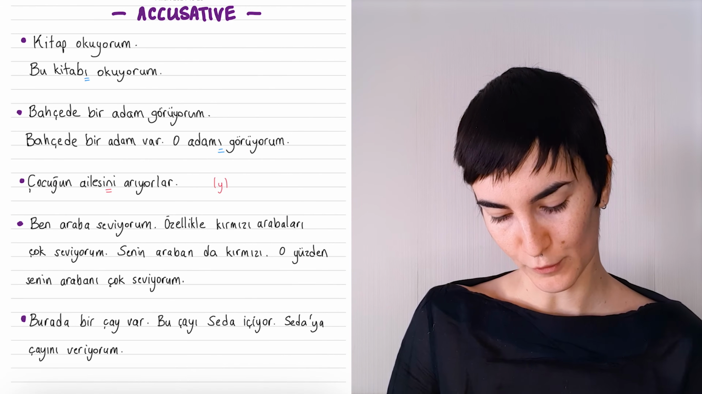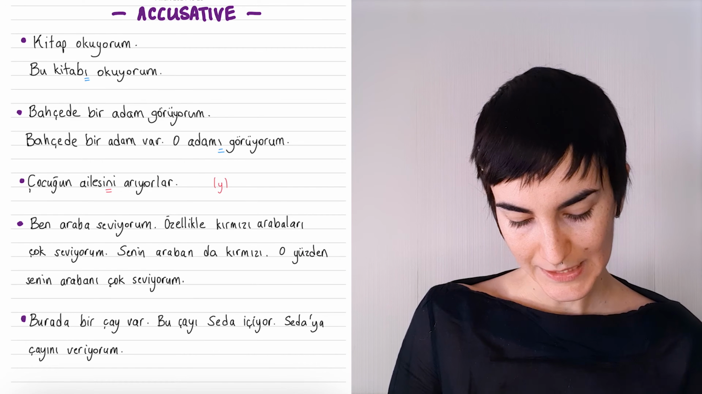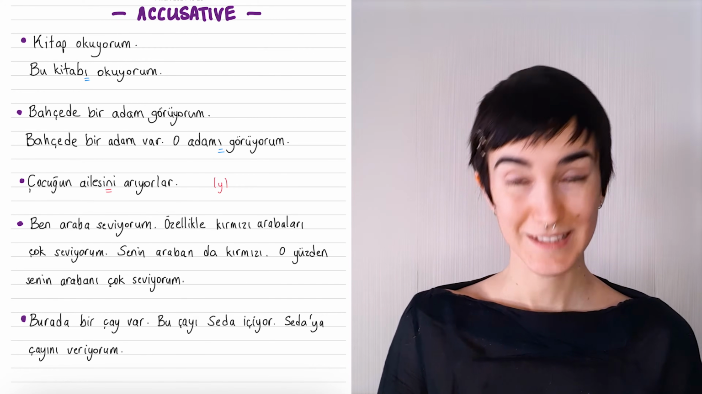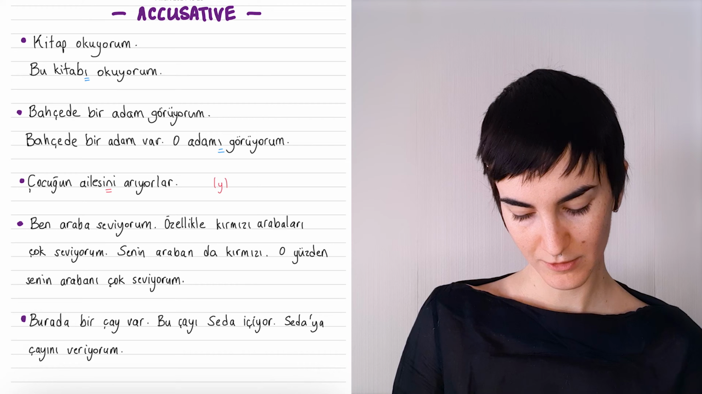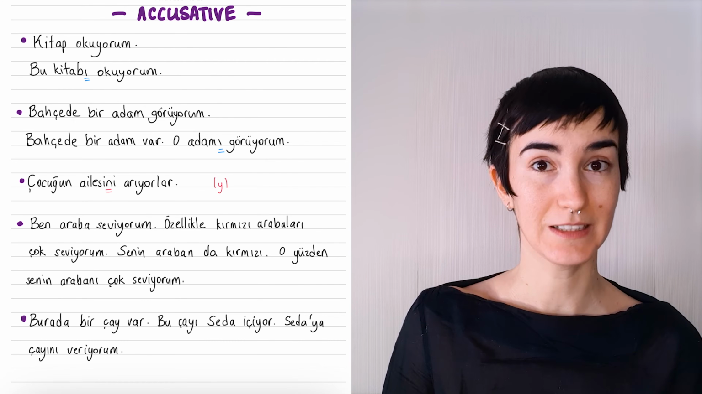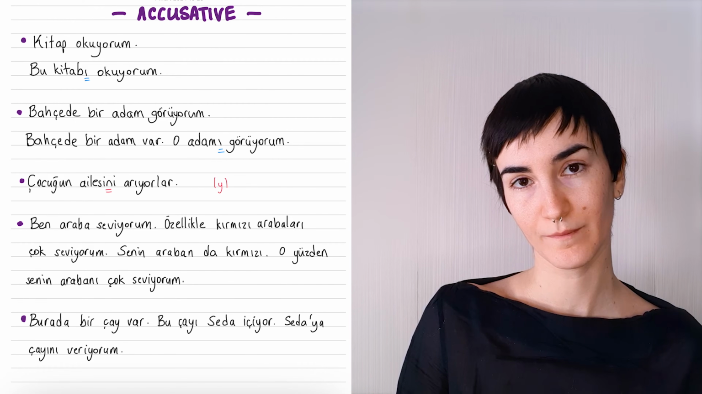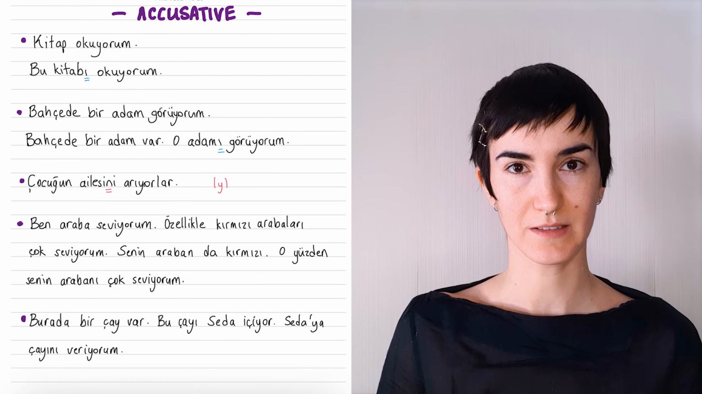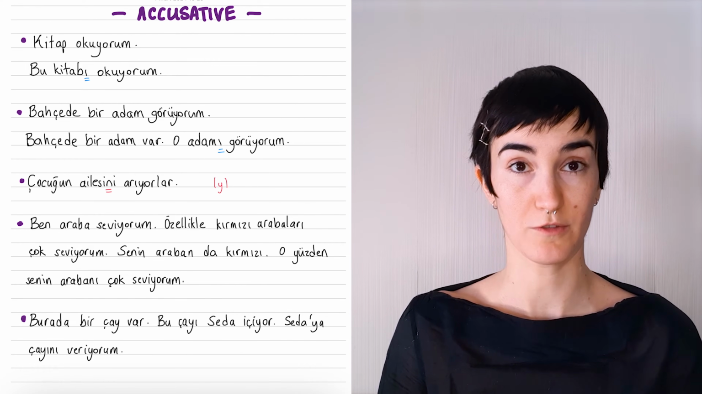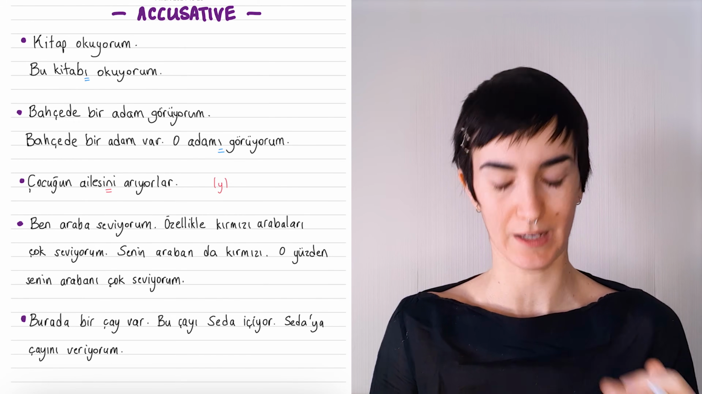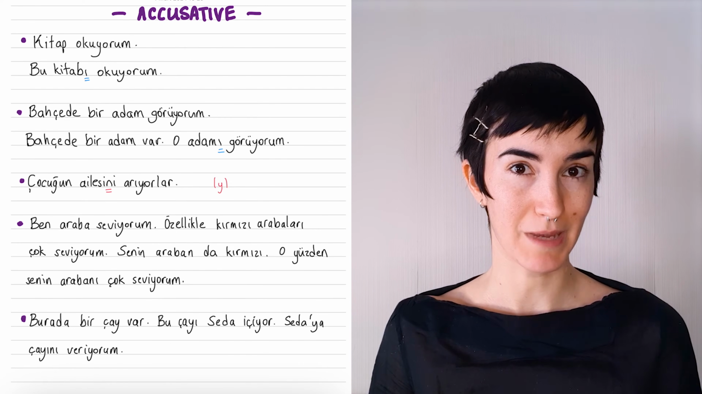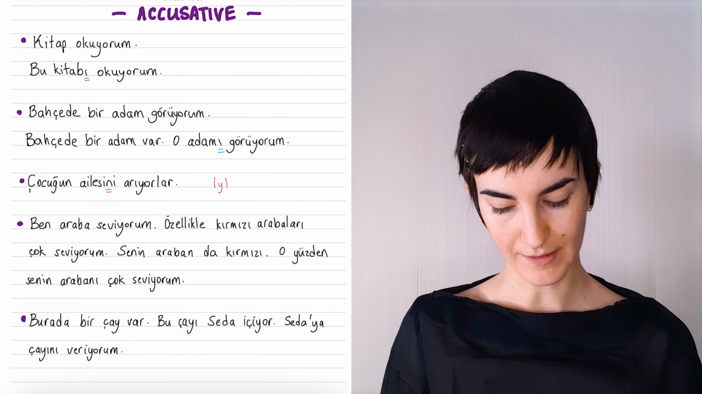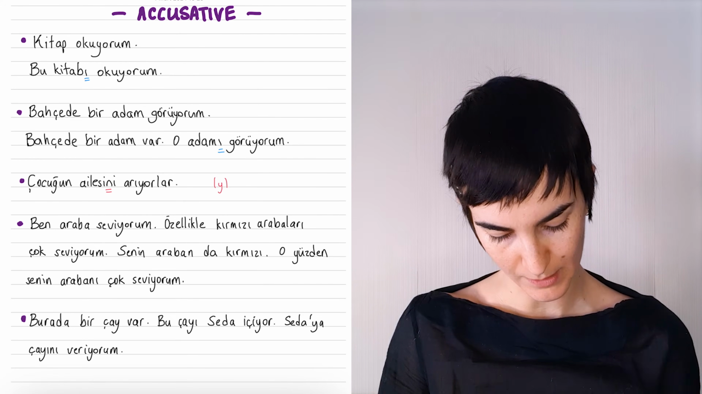Ben araba seviyorum. Özellikle kırmızı arabaları çok seviyorum. Senin araban da kırmızı. O yüzden senin arabanı çok seviyorum. Okay, so we have ben araba seviyorum. I like cars, just in general, not just one specific car. And then we make it specific by saying özellikle, especially, I like red cars. Kırmızı arabaları